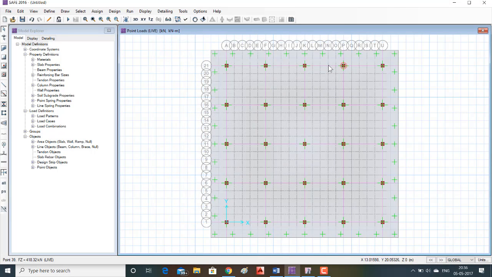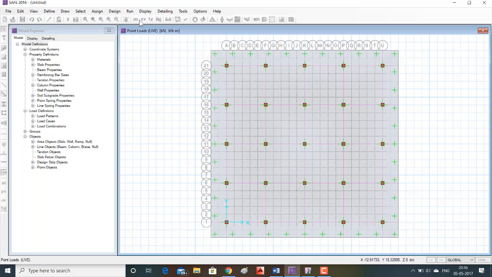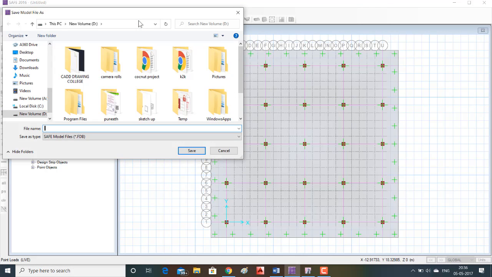Now we should analyze the model. Run analysis. Save the file.